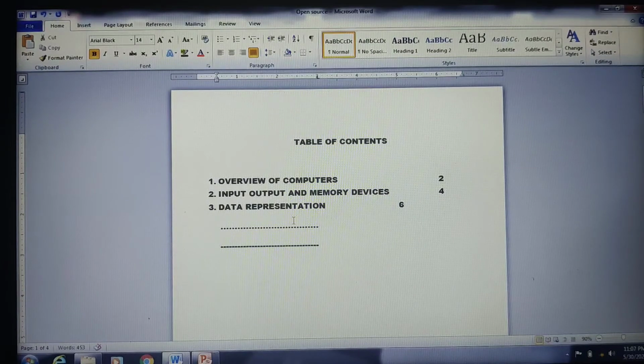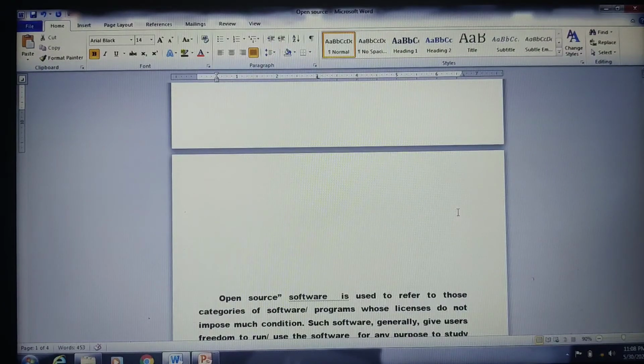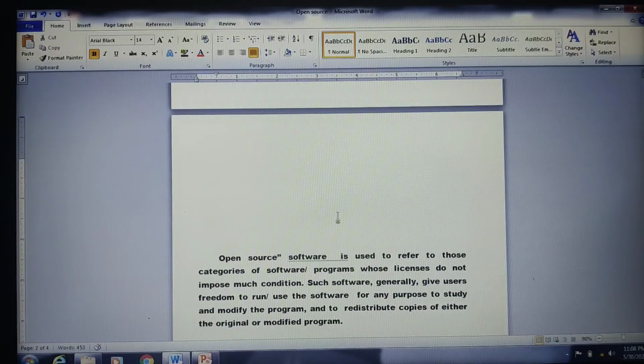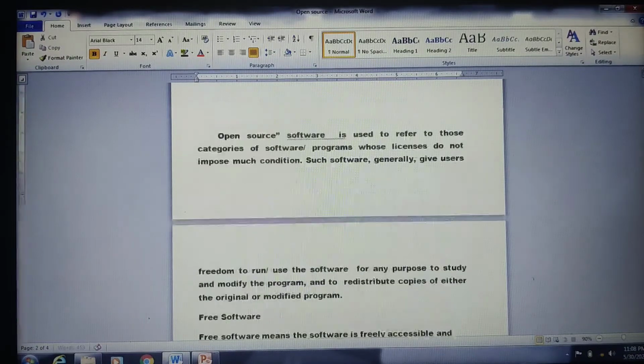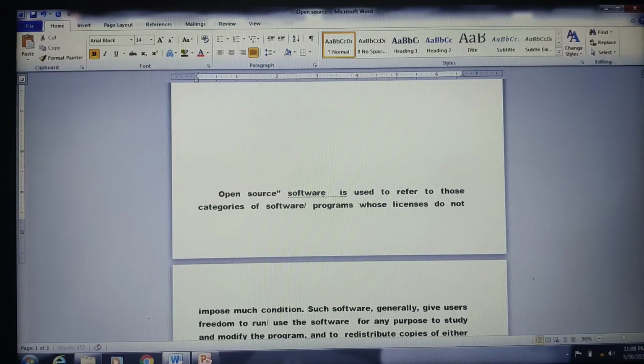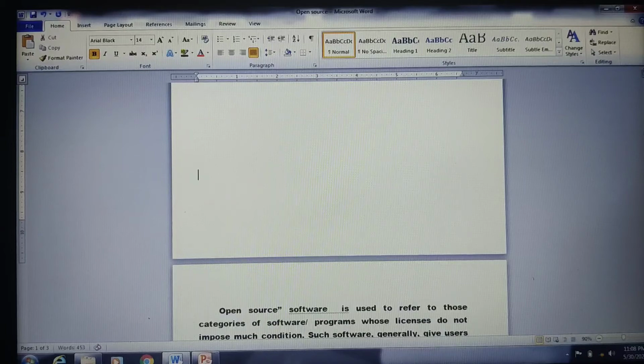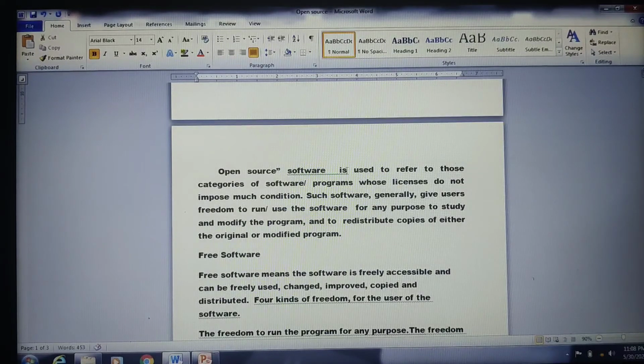Now we shall go to borders and shading. So let us go to the text that we had written earlier here. This is the text. We're going to go for the borders and shading here. Now, how can we apply the borders and shading? See, you can select the text, and if you want to apply borders and shadings, you can go for it.